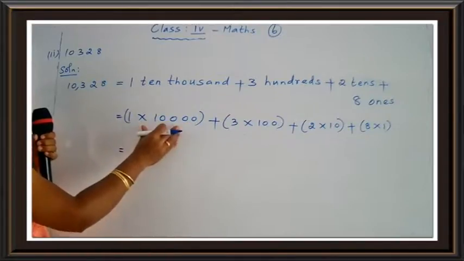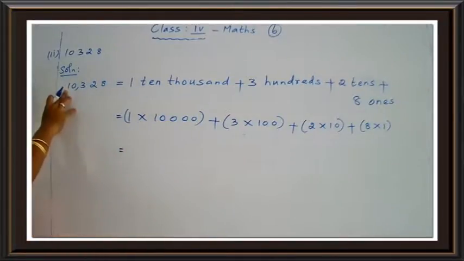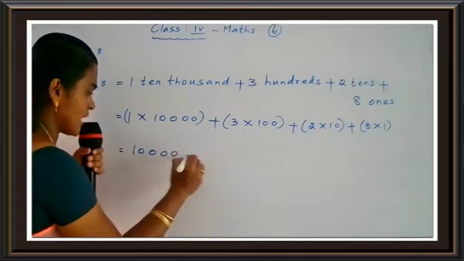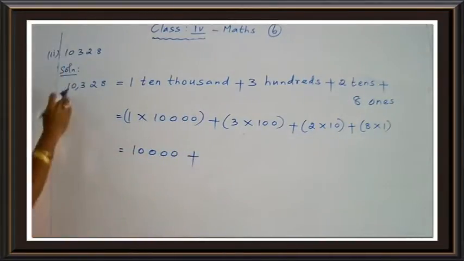Otherwise, you see the place value of the first digit. Okay, what is the place value of this 1? Ones, tens, 100, 1,000, 10,000. So 1 is 10,000. Okay, so 10,000 plus this is 0. Your thousands place is 0. Okay, so the places which have the digit 0 in the short form are not represented in the expanded form. So that's why you leave this 0.